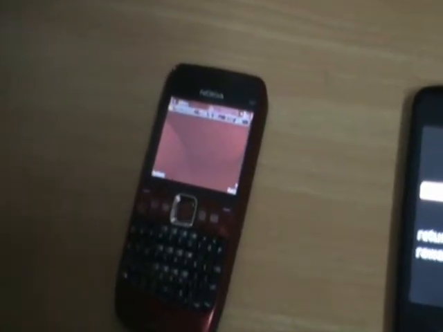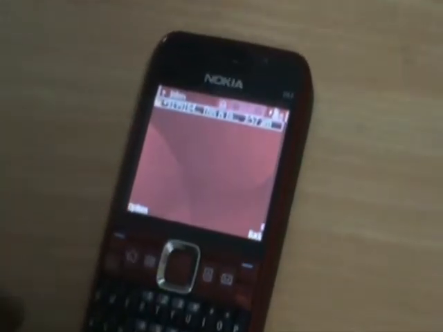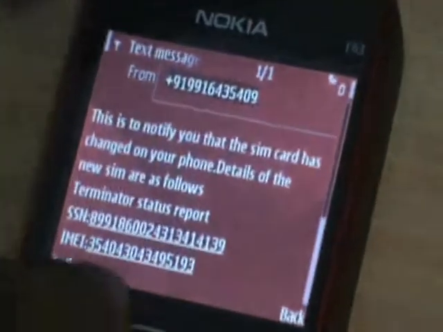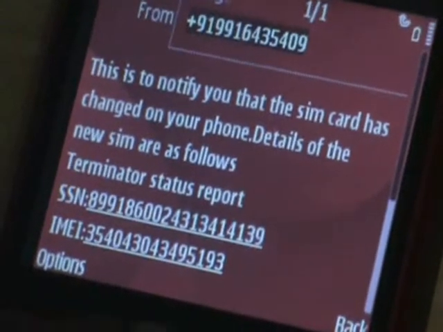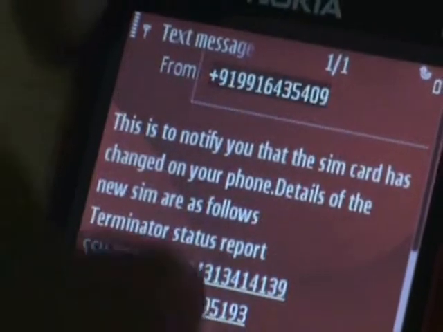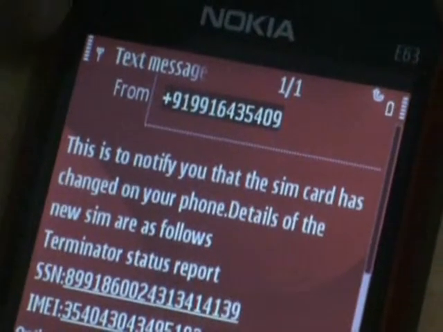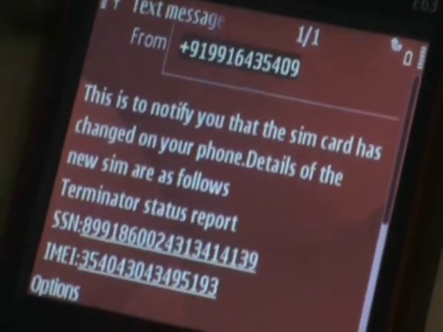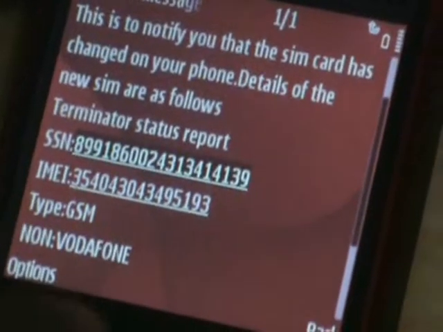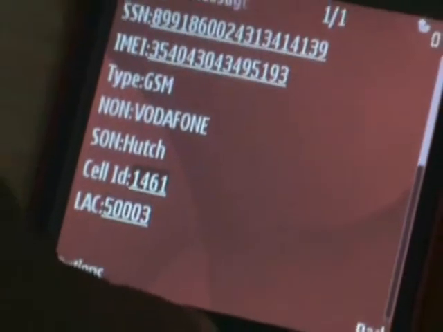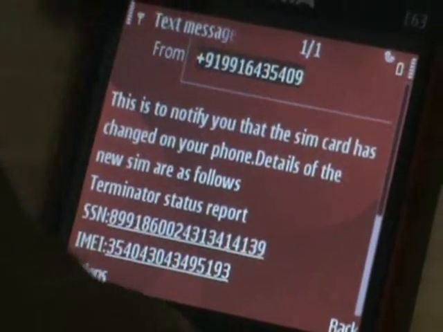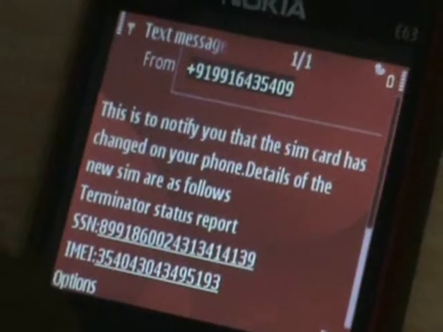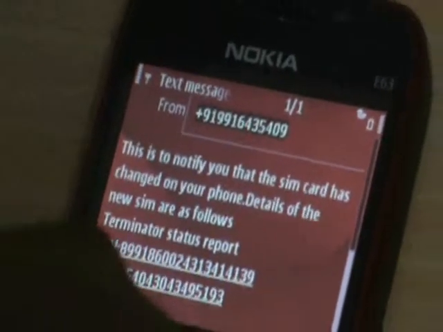It sometimes takes, okay, so here we have received the SMS. We have received the SMS from the new number. So we can see this is the new number, and the text is to notify that the SIM card has changed on your phone, and it gives the details of the new SIM, the SIM serial number, IMEI number, what type of subscription it is, and the new SIM number is over here, which is selected.